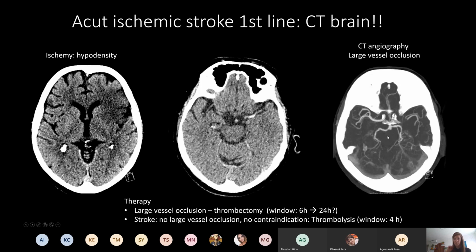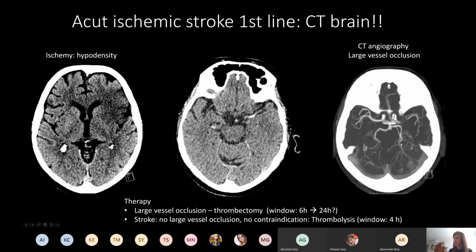So what's the therapy for stroke? If there is a large vessel occlusion, like the middle cerebral artery or something big, what they can actually take out intravascularly, with interventional radiology, then they do thrombectomy. And if the patient is within the window, like if the time from the onset of the symptoms is less than 6 hours, then they can do thrombectomy. But there are some newer protocols which allow you to do thrombectomy 24 hours after the onset of the stroke